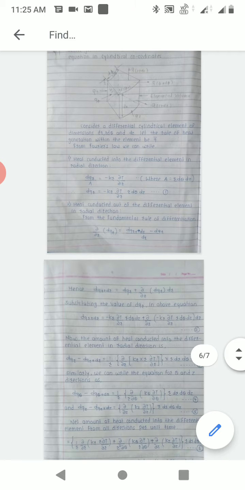Now in the exam there is always a question about either the Cartesian coordinate system or the cylindrical coordinate system, for 8 marks. In each alternate exam, they alternately ask you to write the 3-dimensional heat conduction equation for the Cartesian coordinate system or for the cylindrical coordinate system. Okay, thank you.